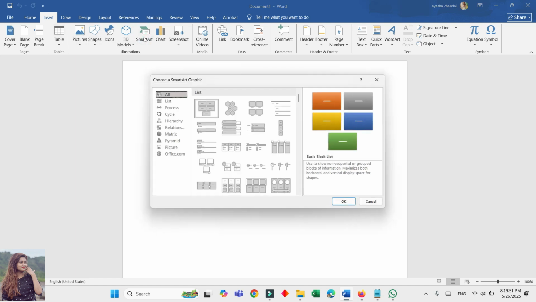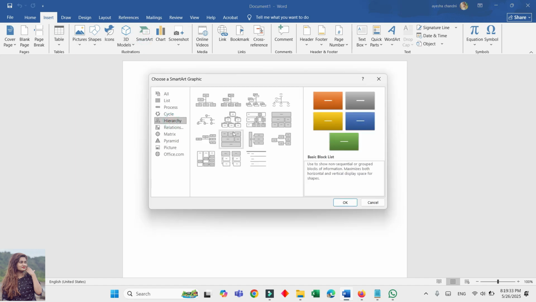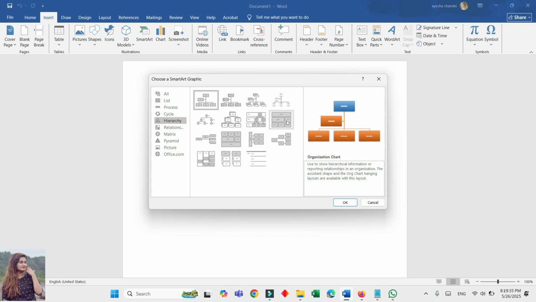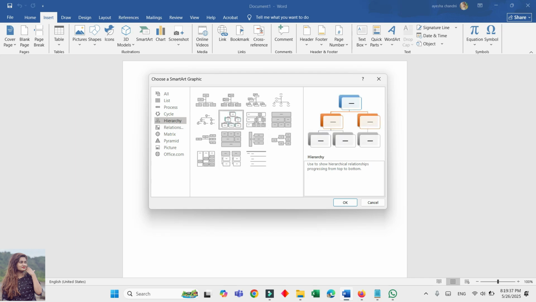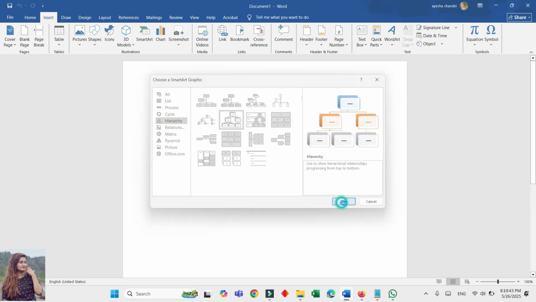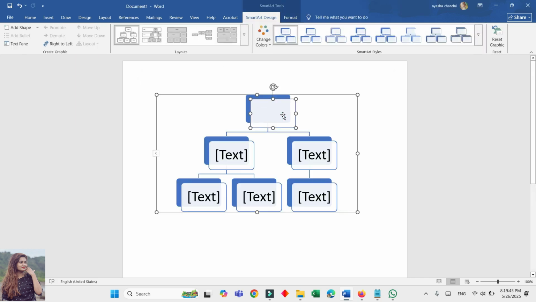Here the SmartArt, here the hierarchical. There are lots of flowcharts here. See, I can take any kind of thing. See, this is the thing. So I can write here the